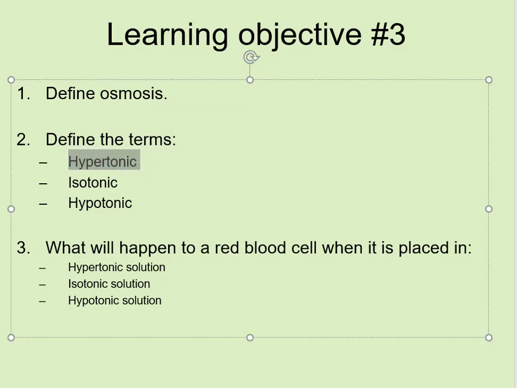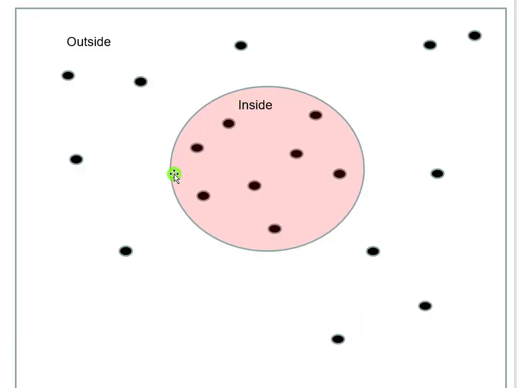So tonicity is another term that we use when we compare concentrations of something to yourself. Let me give you an example. This right here, let's just call it your red blood cell. This is the inside of your red blood cell, and this is the outside. You see there's a whole bunch of these little black dots, which we're going to call solutes. Whether we call them glucose or sodium or whatever, it's really irrelevant. They're just some generic solute for now. If that sounds too weird for you, then let's just assume it's salt. So you have a certain amount of salt on the inside and a certain amount of